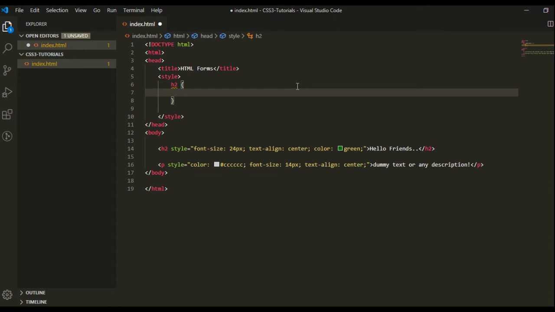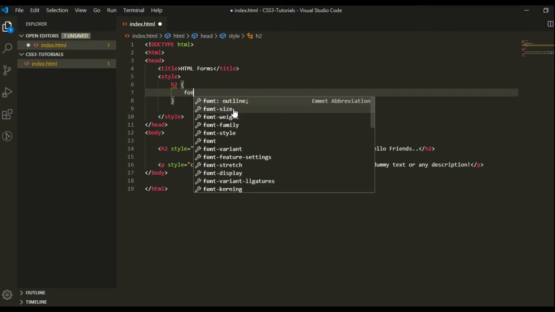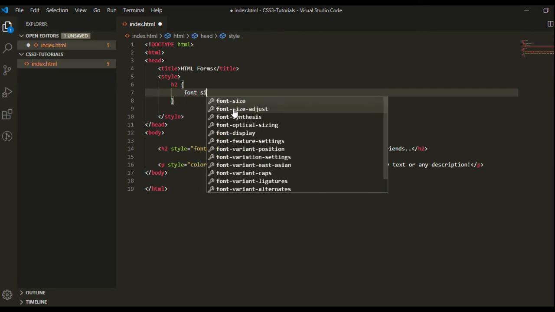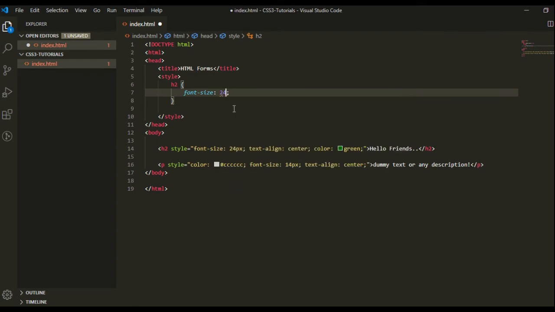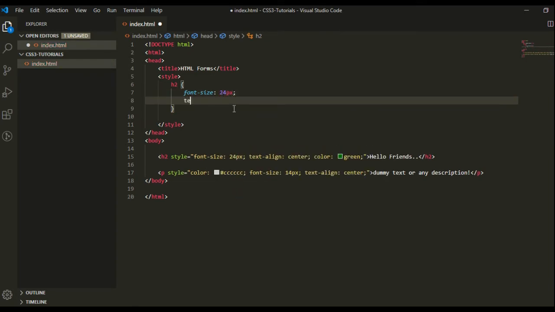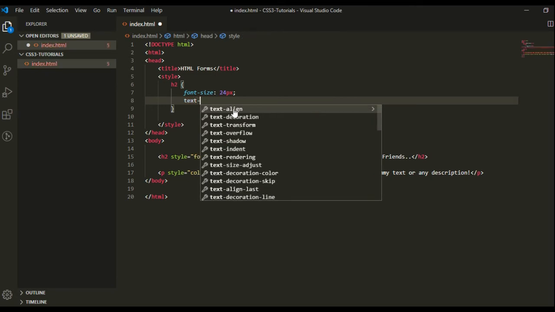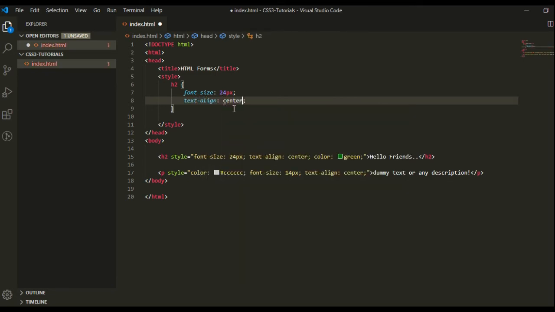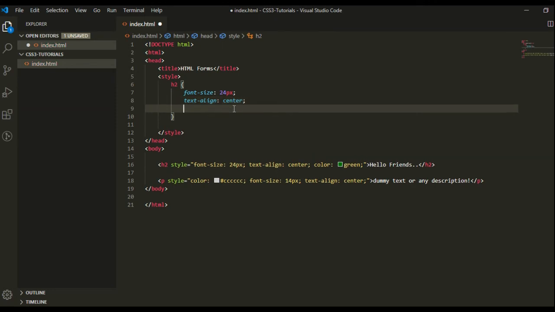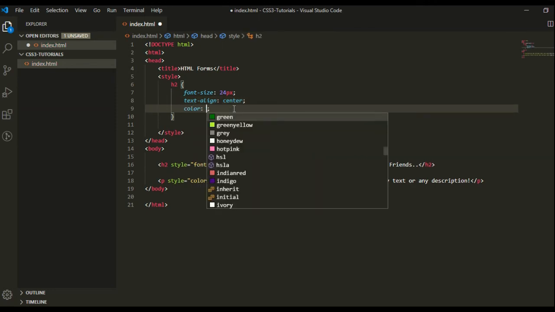Here I can give the same properties. Font size we are giving is 24 pixels, text align center, and the next is color.